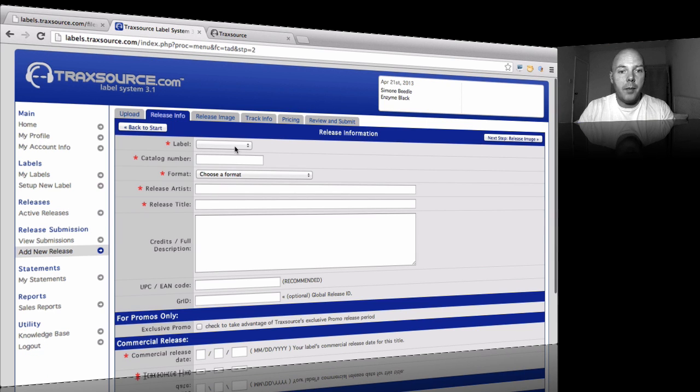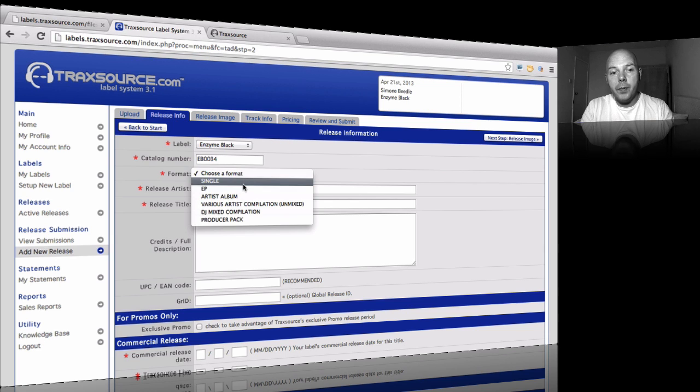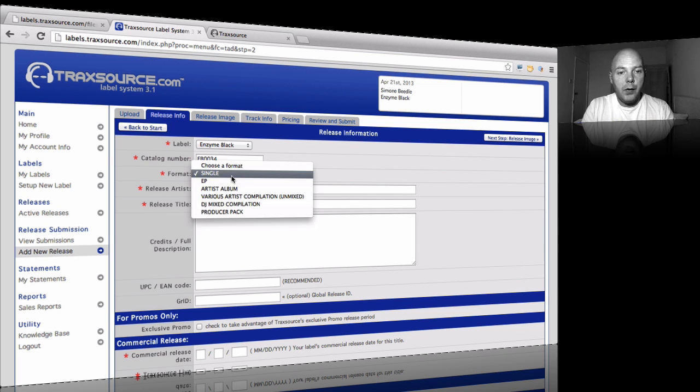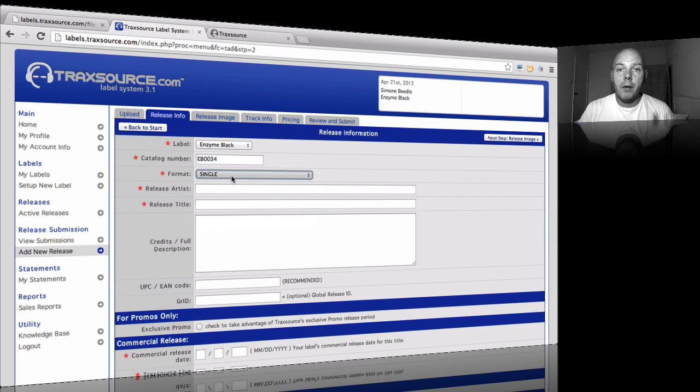And let's set up the label. So it's come down, Enzyme Black, so EB0034. The format, this is a single, okay. If it was 4 independent tracks, so 4 tracks that were different to each other, that would be an EP. But this is a single with variations of the same track. So the release artist is Danny J. Lewis. Title, When the Sun, actually let me get my caps again, so When the Sun Breaks the Clouds, and